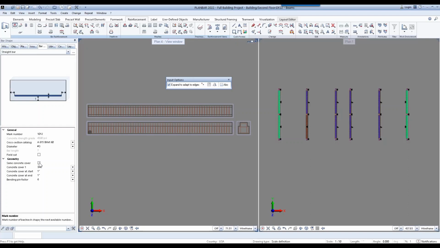And let's do all the same concrete cover. Let's do 2.5. And number 3 bar sounds good to me.